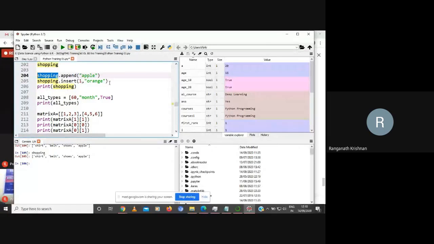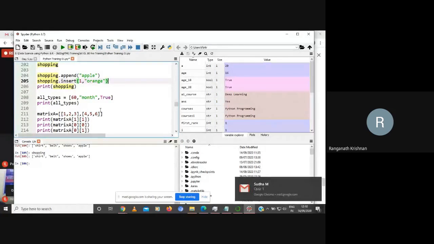What if I want to insert it before? If I say insert 1, orange, where do you think it will print? Now you know indexing. Now let's check, see, this is the shopping. If I say insert 1, orange, between which 2 items will orange come? What is the response, doctor?